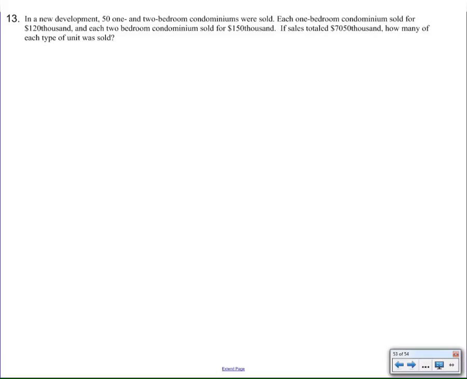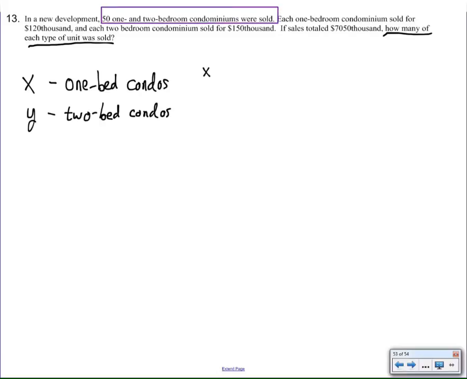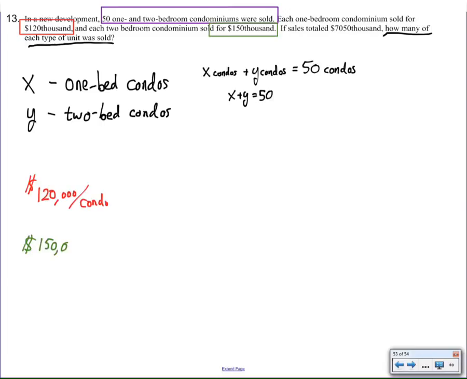Here we have condominiums, and we need to know how many of the one-bedroom and how many of the two-bedroom condominiums there were, given the fact that we made about $7 million in sales, and also given the fact that there are 50 condos, and $120,000 per condo is the rate, and $150,000 per condo is the rate for the more expensive rooms,